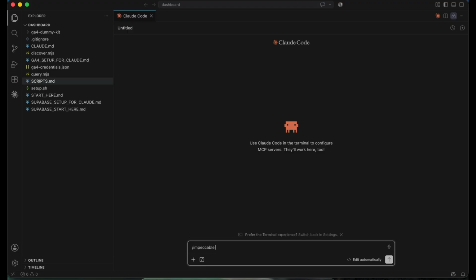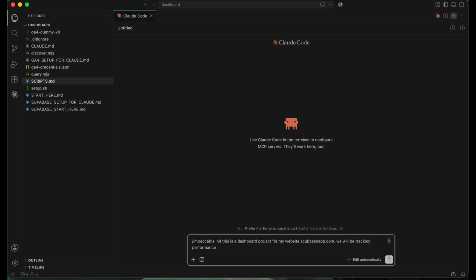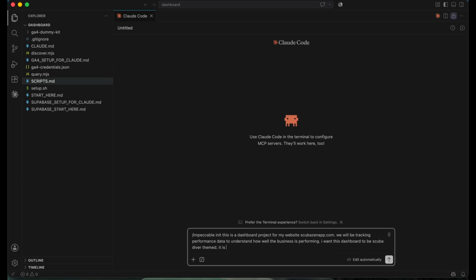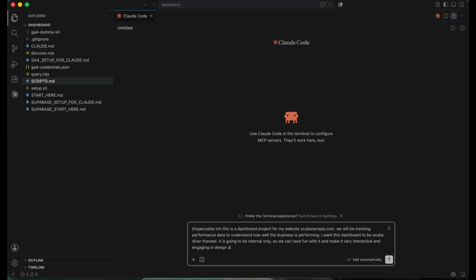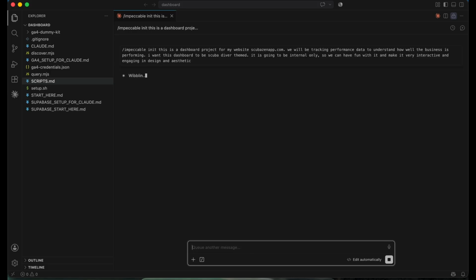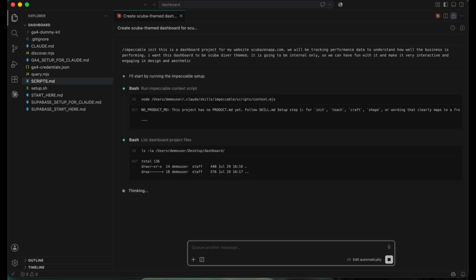So we're going to run it here. Impeccable Init. So basically, what I said for this one is since this is for Scuba Zen, I want my dashboard to be scuba diver themed.